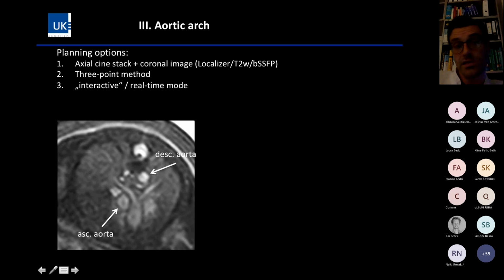However, there's still the three-point method, which is a quite nice approach you could try, or the interactive or real-time mode, which we tried several years ago with a prototype of the DUS sensor. But for me personally, I prefer this axial stack and this coronal image. And I would like to show you the first option, how to plan it. So if you